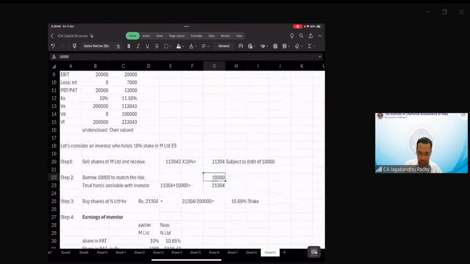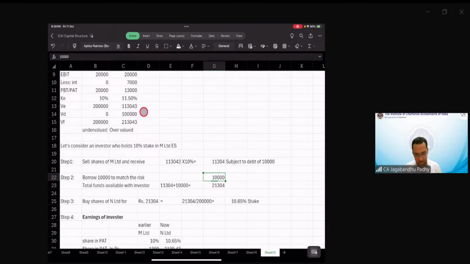सर मुझे मतलब ये 10,000 ही क्यों लिया है सर? 10% है ना, तो जब आप शेयर होल्डर इन द कंपनी थे, आपके पास 10% स्टेक था, तो लोन का भी 10% लायबिलिटी आपके ऊपर आएगा, राइट? 1 लाख का 10%. If you are owning 10% of equity shares, liability of 10% will be also on you. So इसीलिए 10,000 का लोन लिया, राइट? बिकॉज दूसरे कंपनी में टोटल वैल्यू 2,13,000 था, जिसमें मैंने सिर्फ 10% इक्विटी शेयर्स लगाए थे.